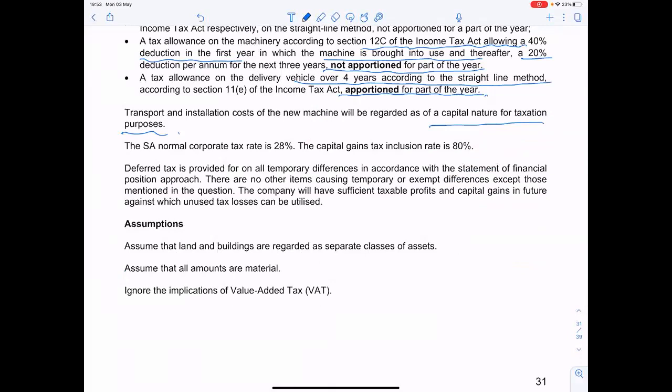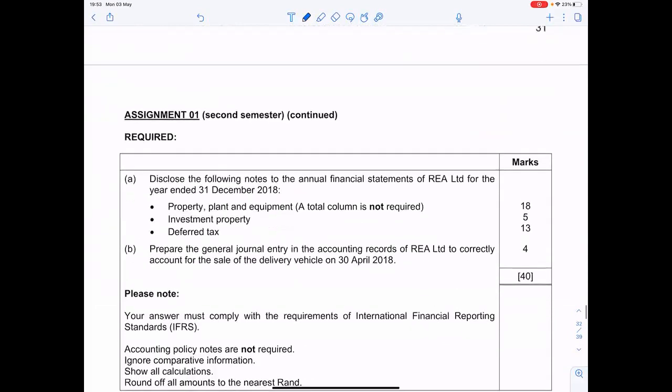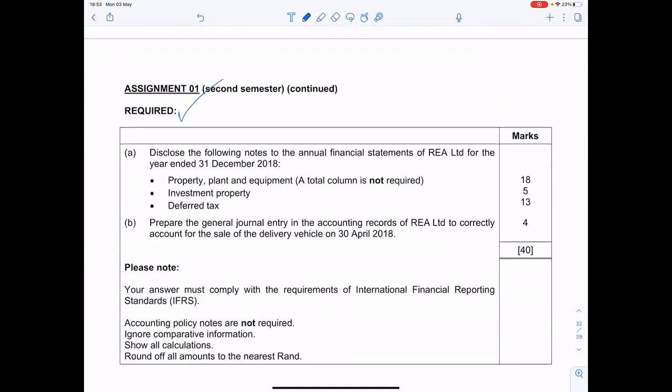Ignore implications of VAT. Right, required. Our required is saying disclose the following notes to the annual financial statements of RIA Limited for the year ended 31 December 2018. Number 1, PPE. The total column is not required. Number 2 is investment property, and number 3 is deferred tax. Then we are going to prepare the journal entry in the accounting of RIA Limited to account for the sale of delivery vehicle. So the delivery vehicle has been sold, so we are going to remove it using the